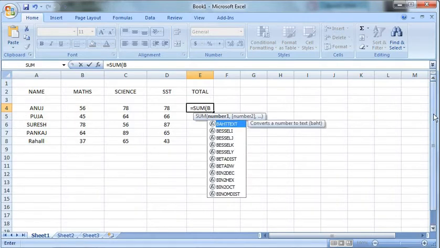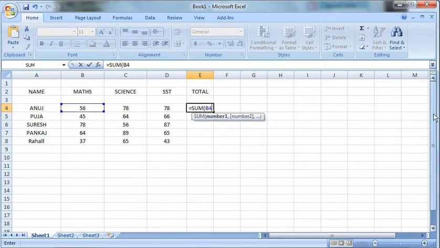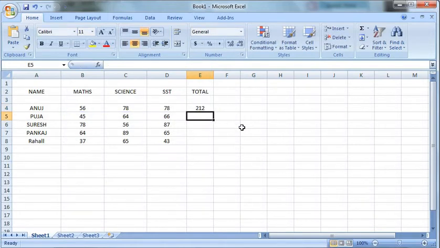So I will write B4. Then I will write a colon, and then I am creating a range, right? Then what is the last cell? D4, this cell. Then I will close the bracket. So this is the formula. It will add from here to here. Now I will press Enter. 212. So we will copy the cell reference. We know that like this we can copy the formula, so the formula written in this can be copied to all of these.